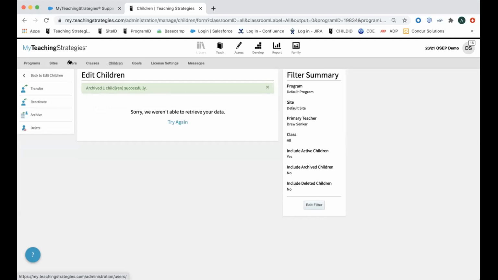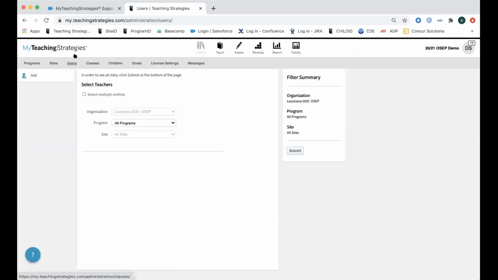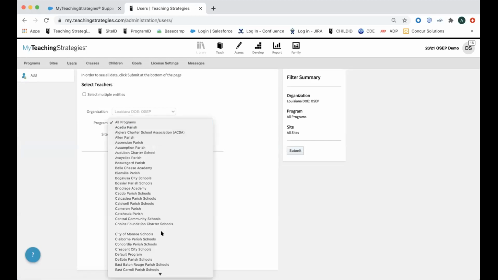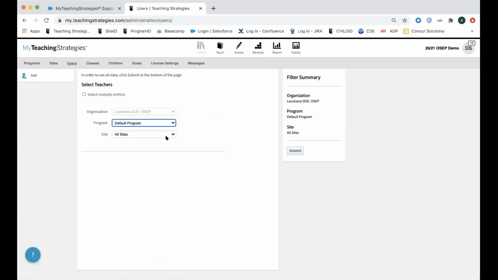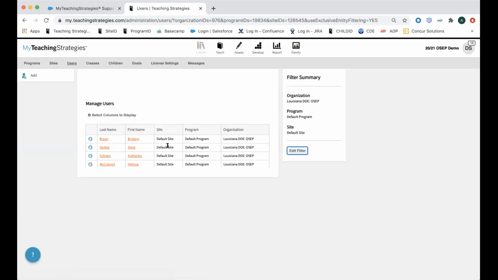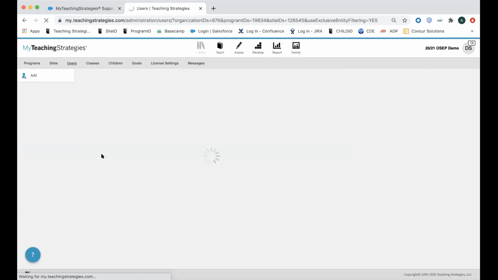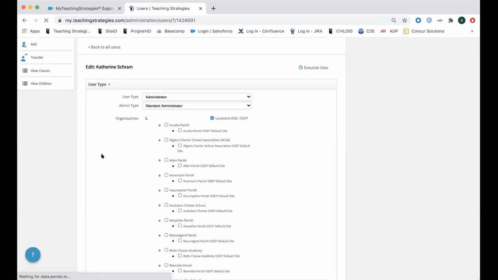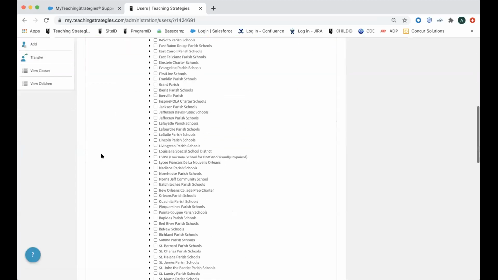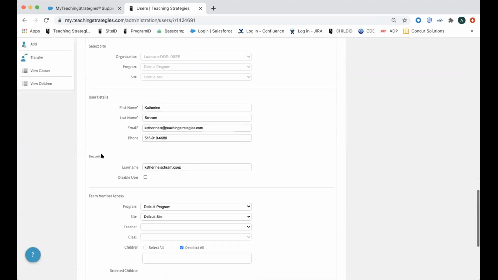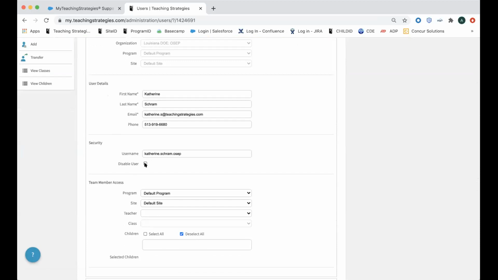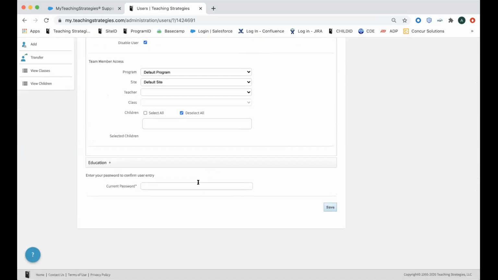When it comes to users, we click on Users from the gray sub-navigation menu here. We again select the location. We have our list of users to choose from. In order to disable a user, again, we want to disable them and not delete them. We can click on their name, and then this brings up their profile. And as we scroll down near the bottom, we have a Disable User box. We click on that